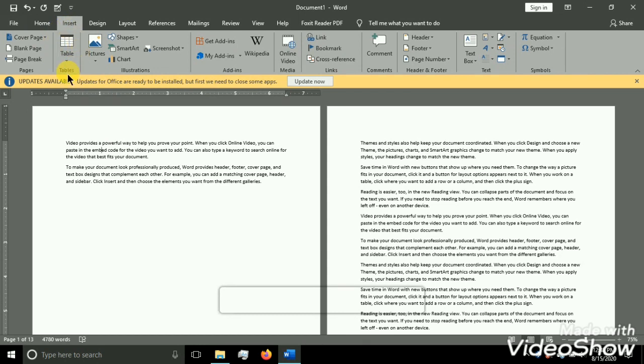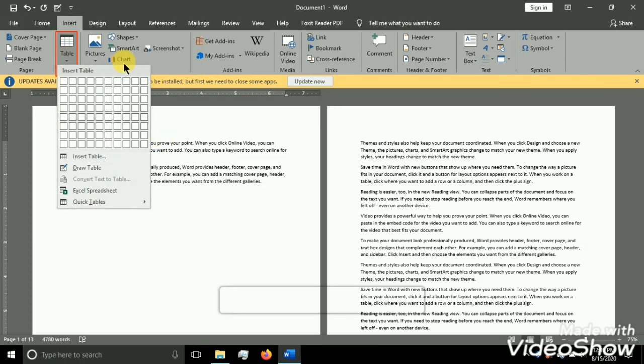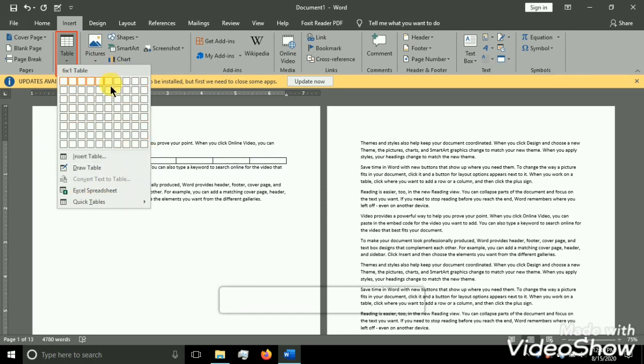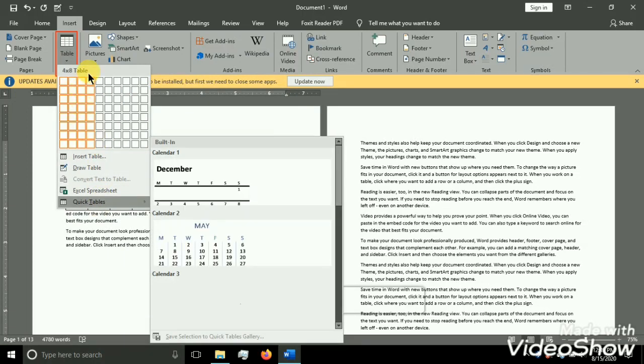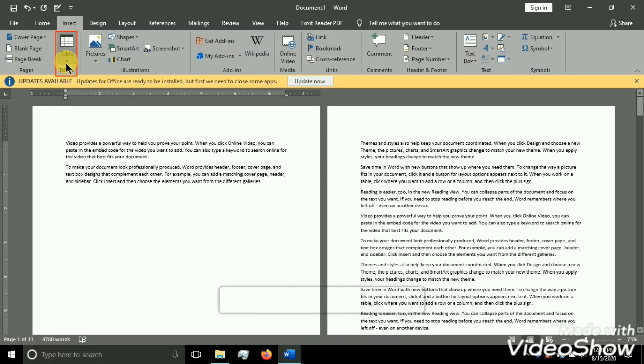And our next group is the Tables group, which is very important. In this Tables group, we can insert tables in different ways. So why are we using these tables? At which part are we using these tables? Whenever I'm submitting any report, if I want a table, I will use a table.